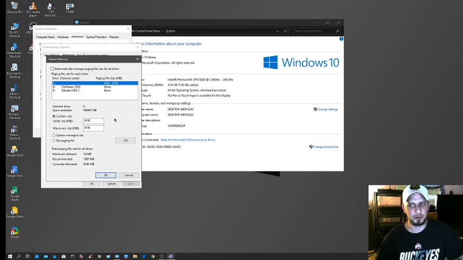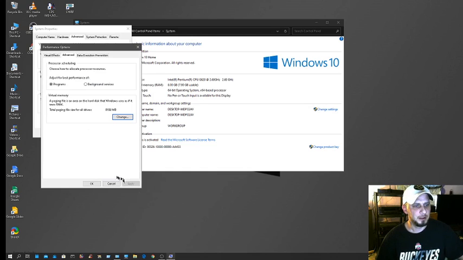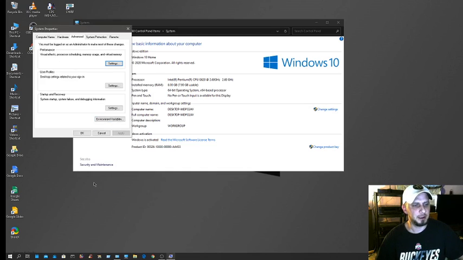This is more for older computers or slower laptops and things like that, if you want to help them run a little bit smoother. But I put in 8192, which is roughly 8 GB of RAM, and hit OK, hit apply, hit OK,